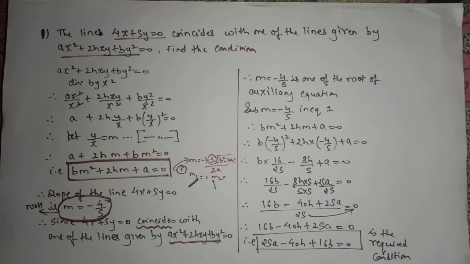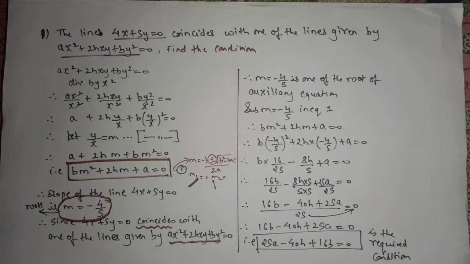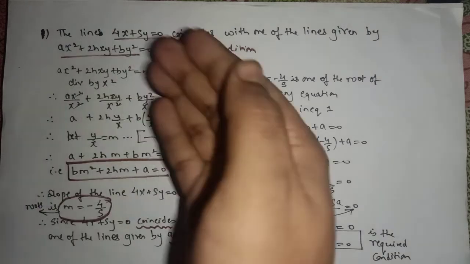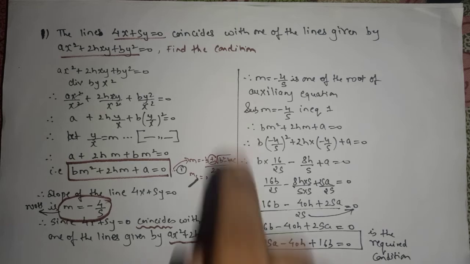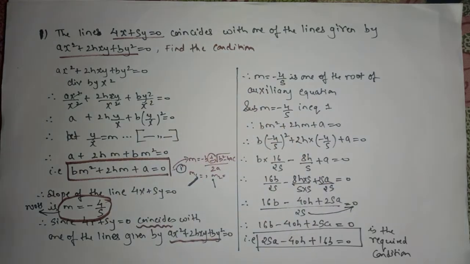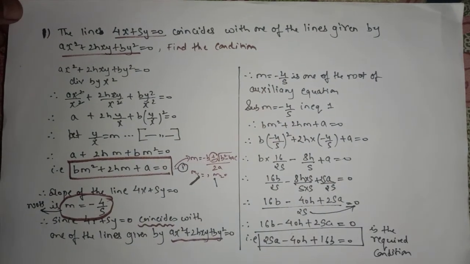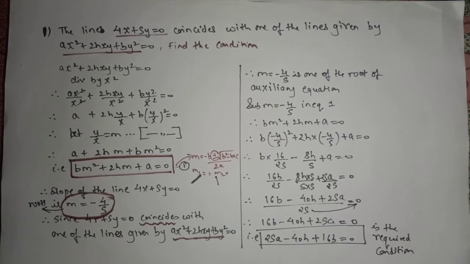Okay, I hope you all got the idea of exactly how to present the sum and how to find the condition based on the line and the quadratic equation when it is parallel, coincident we can say. So we'll take one more sum, and we'll replace the word coincident by perpendicular, and we'll check what answer we get. Okay, so we'll take one example.